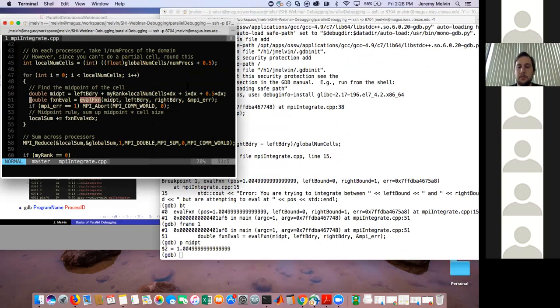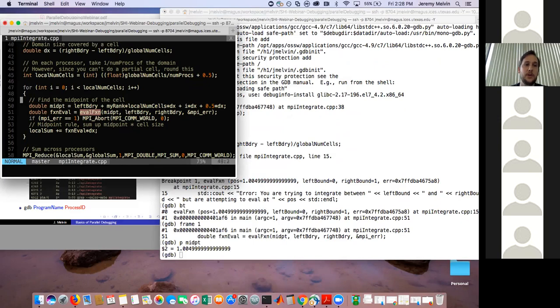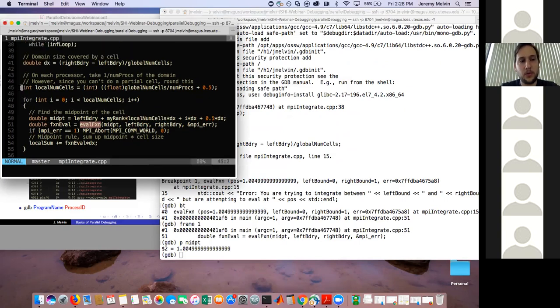And now, since the purpose here is for me to show you some strategies for parallel debugging, I don't want to get too caught up in the actual solutions to each one. So I'm going to go ahead at this point and leave it for an exercise for you guys. But the basic idea of what's wrong here is that the midpoint is calculated by the left boundary plus a local number of cells. And the problem is that the way I calculate local number of cells here introduces a bug,